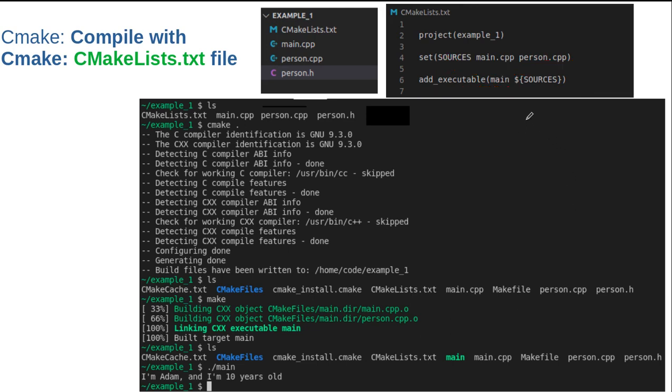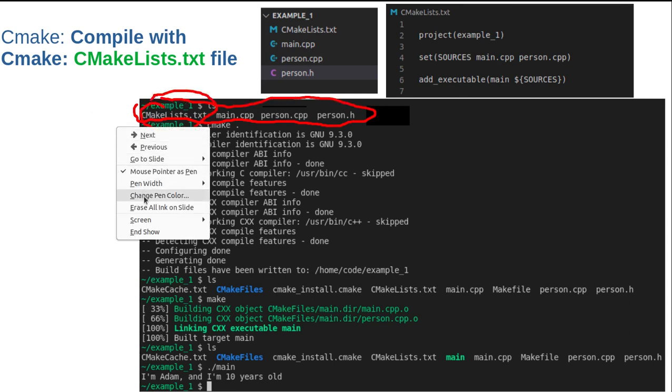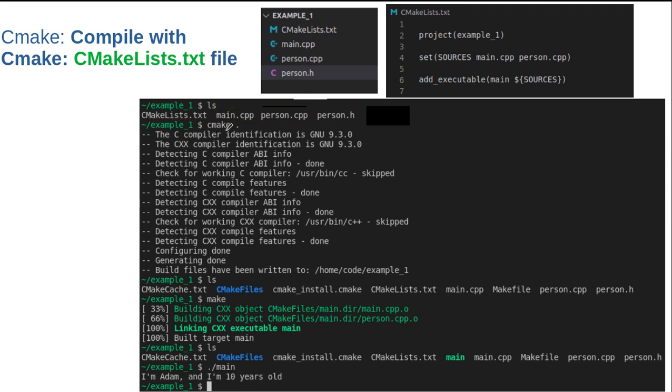And so now our file is ready, and as you can see here we have the source files in addition to the CMakeLists.txt. Now to use the CMake, first of all we have to call the cmake command, and we give it the path to the directory or the folder that contains the CMakeLists.txt. In this case the dot represents the current directory where we are now,